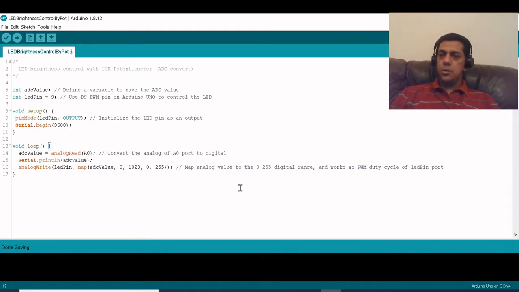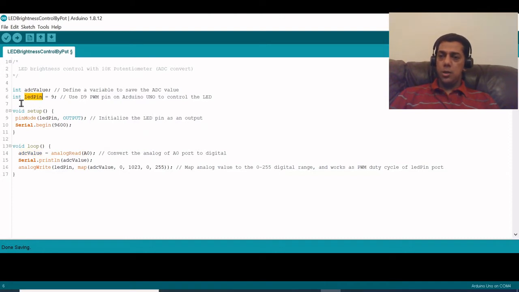Okay, so as you can see here friends, it's a very simple code where I intend to control the brightness of the LED with this 10K potentiometer. Now the main concept that has been implemented over here is an ADC or analog to digital converter. So I'm using one integer variable, this ADC value, to capture the value of the analog meter, which is my potentiometer here, from the pin A0. That's being stored in this ADC value.